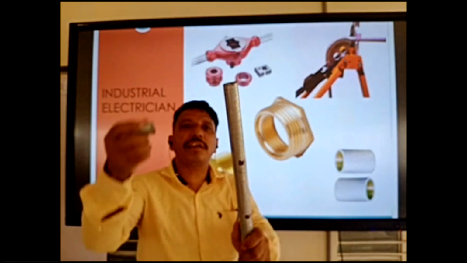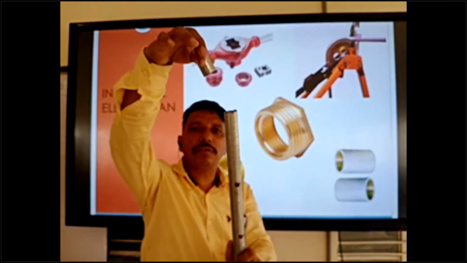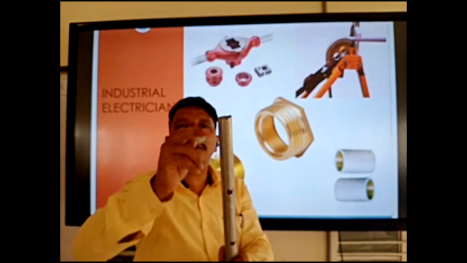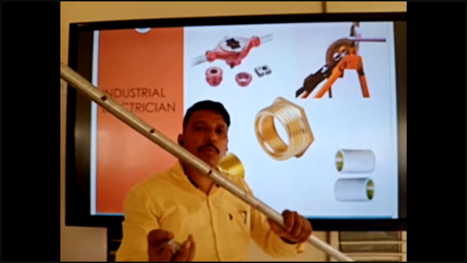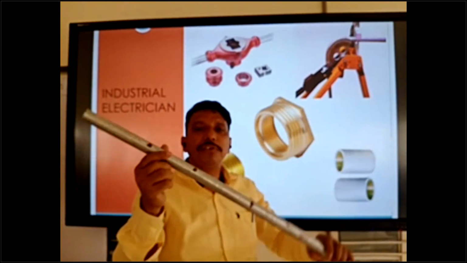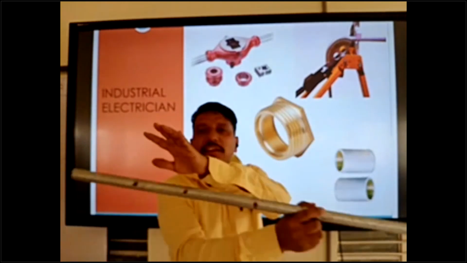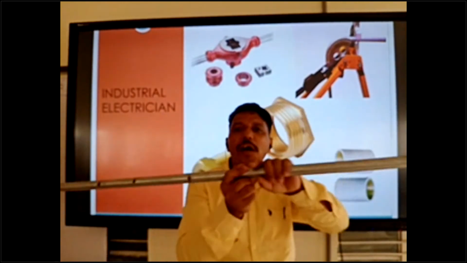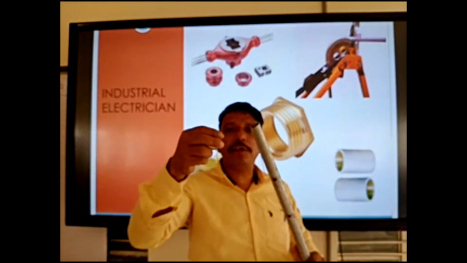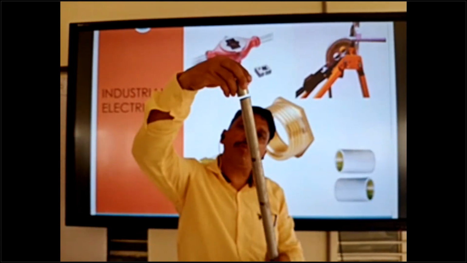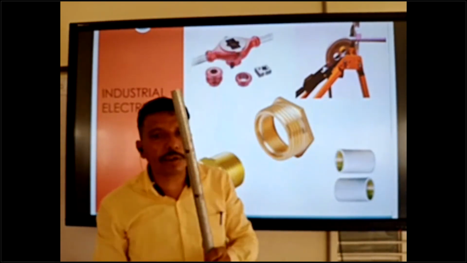Suppose this is a no thread area. This is not going inside. You can see it is not possible to go inside. We need threading on this pipe. Sometimes you need only 2 meters. Standard pipe length is 3 meters. If 3 meters is required, both sides have the thread. But for only 2 meters, you can cut the pipe with a hacksaw and make the threading with a thread die machine and put the thread type coupler and joint. This is very easy. Okay.